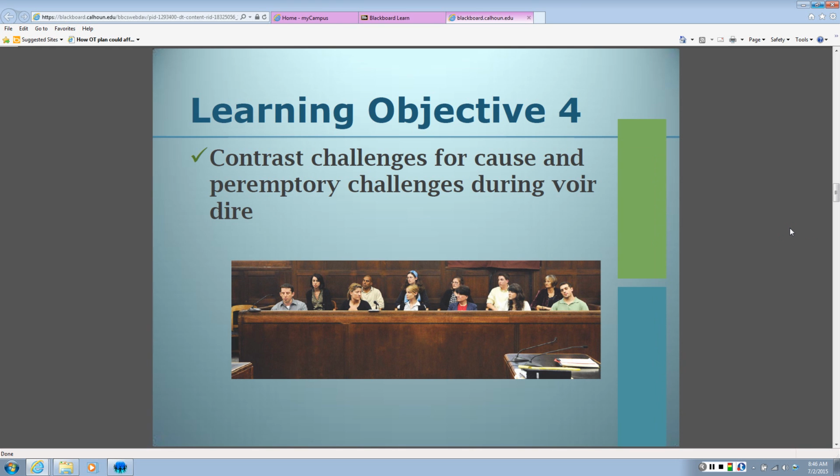Once we have developed a pool of jurors, and this pool of jurors is called a venire, V-E-N-I-R-E, venire. This venire is pulled from voter registration lists, vehicle registration lists, property tax list databases, and then you're called to jury service,